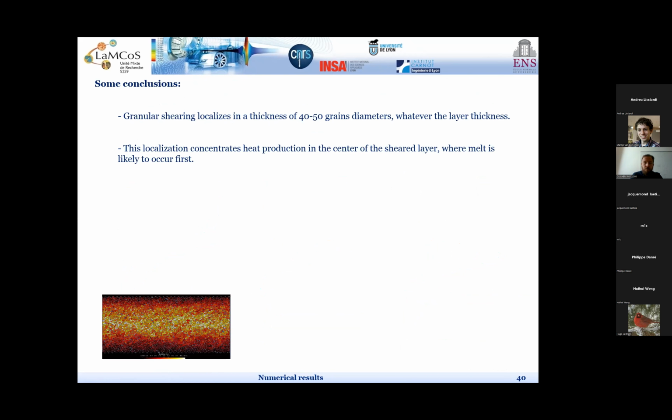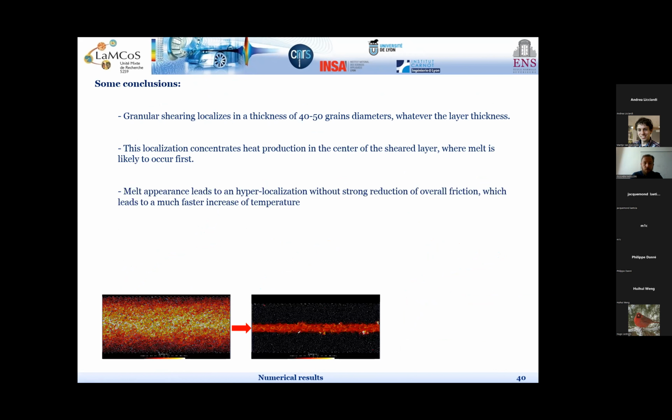And this is where melt is likely to occur first. Then we saw that the melt appearance leads to some hyperlocalization of the shearing and with a strong reduction of the friction. And this leads to a much faster increase of temperature because we create as much heat, but in a much narrower area. And this leads to a strong weakening of the faults thanks to this decrease of the friction coefficient